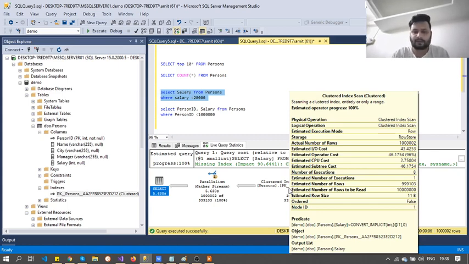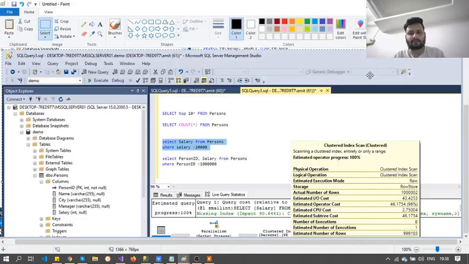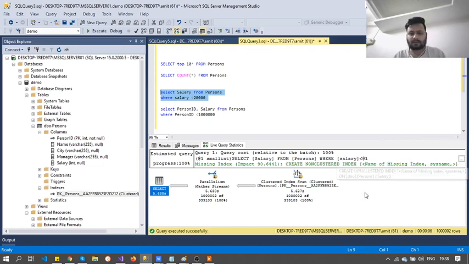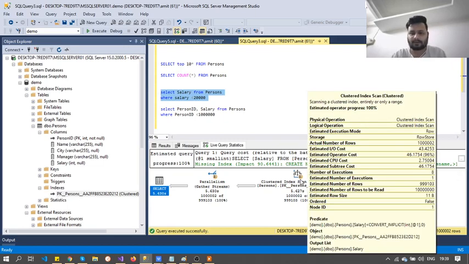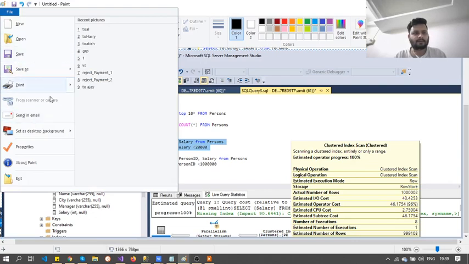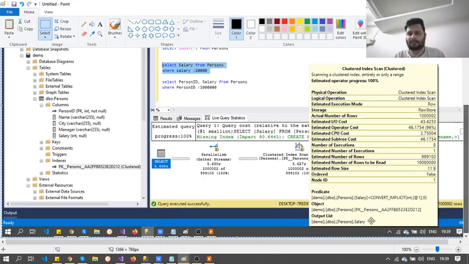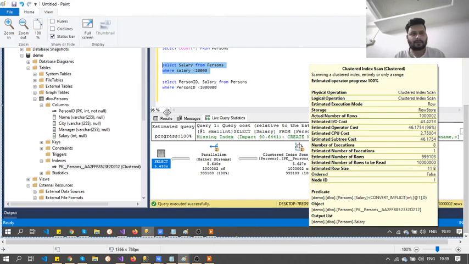So what we are doing is taking a screenshot of this plan and copying and pasting it here.